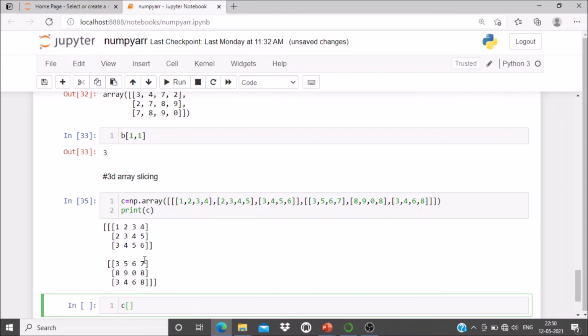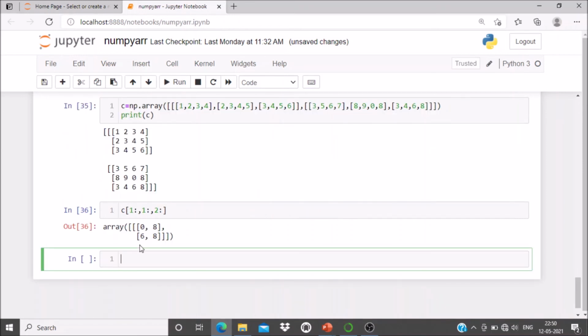C of i, this is i equal to 0, this is i equal to 1, so i is equal to 1 colon, comma. Now what about j? I want 0 8 and 6 8, so j is 0 and 1. So starting is 1 colon till the end, comma, and for j it is 0 1 2, so 2 colon end. Now run this. We got 0 8 6 8.